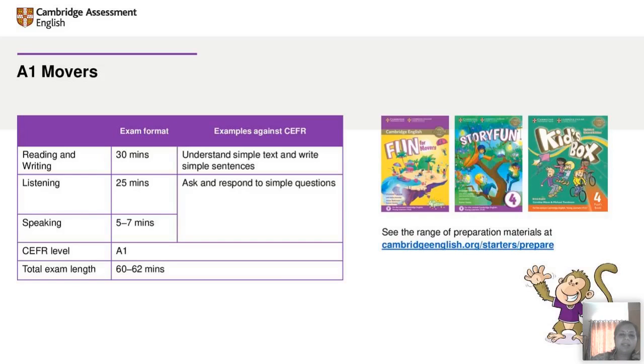And again, at this stage, there is no stress, there is no tension, and the candidate takes the assessment in a very, very comfortable environment. The question paper does not look like a question paper. It's fun, colorful worksheets that they actually do. Again, there are a lot of online resources available. You can go to the link that is given, and you will find them in levels. Although the link may say Starters, you will find Movers also on the same website.